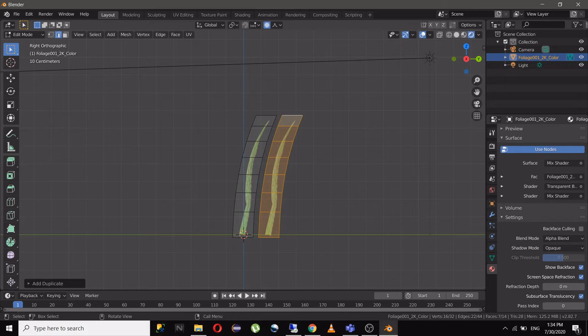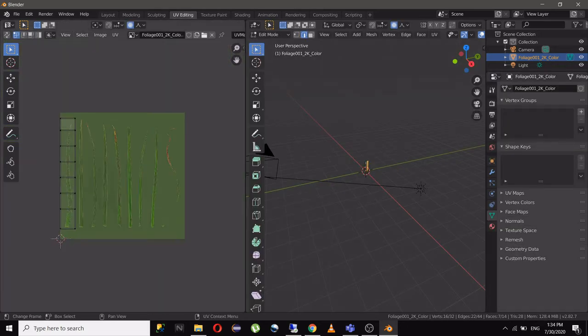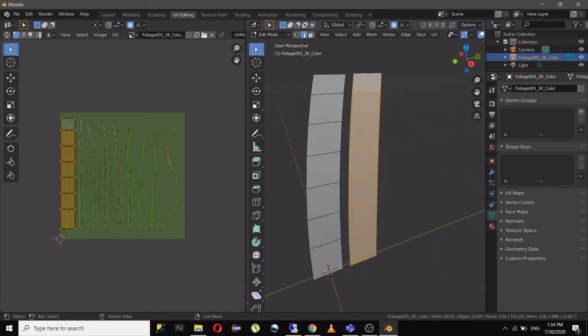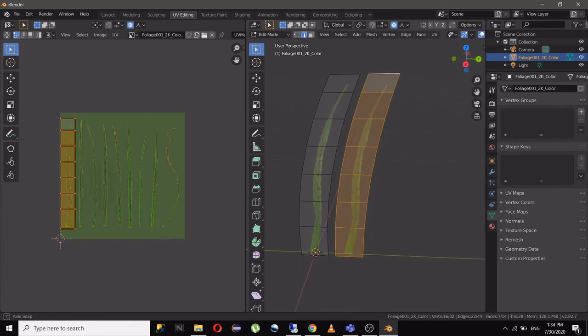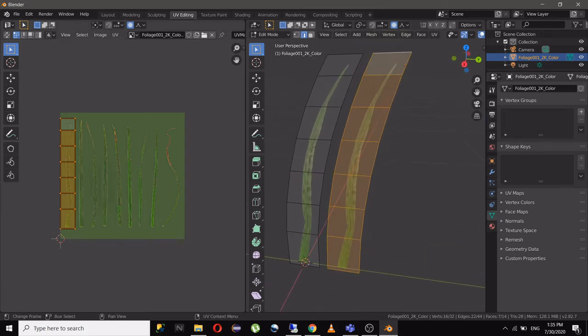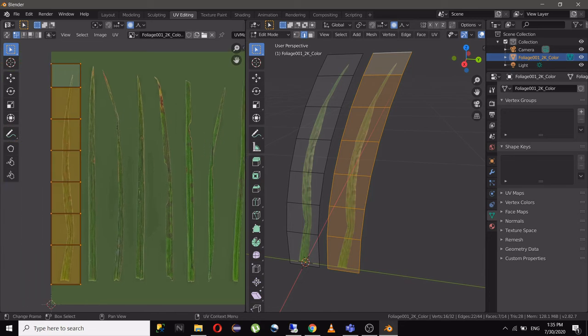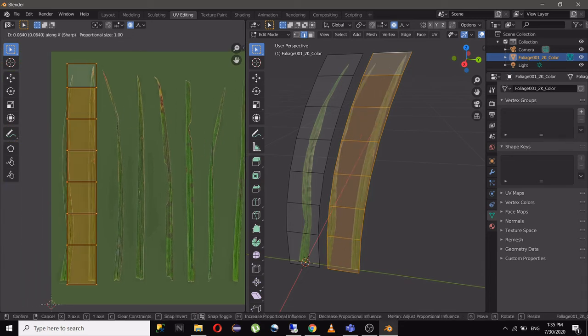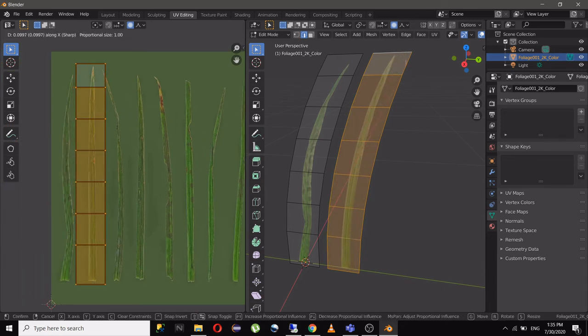And now I will duplicate it, and now I want different variations of it. So I will go to UV editing and select the edges, everything, go to material preview, and I will move the edges in here to here. So as you can see, through this we will get different types of grasses.